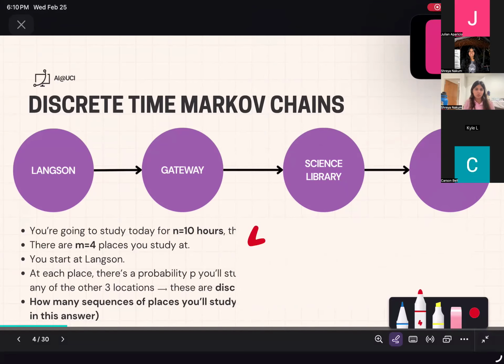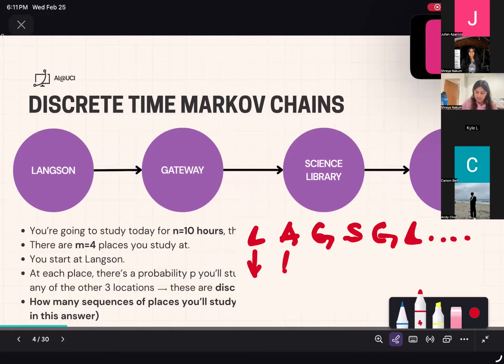So let's do start at Langston. What's another place you can go to? So you're at Langston at like 10. At 11, give me another place you go to. ALP. Go to ALP. And then it's 12. Where do you want to go now? Gateway. It's 1. Another place. Library, that's the only other place left, right? Yeah, go to Science Library. Go Gateway again, Langston, etc., etc.